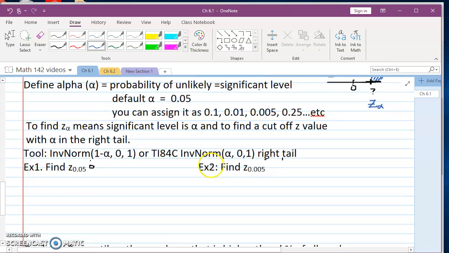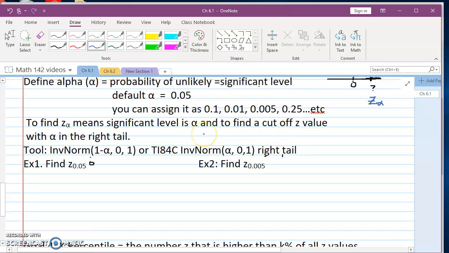So how do I find z alpha? It means that I have a right tail. So to do a right tail cutoff, I do inverse normal of 1 minus alpha, 0, comma 1. And for the TI-84, you do not need to do 1 minus, you do alpha and right tail. So the two questions that I want to work on: find z 0.05,